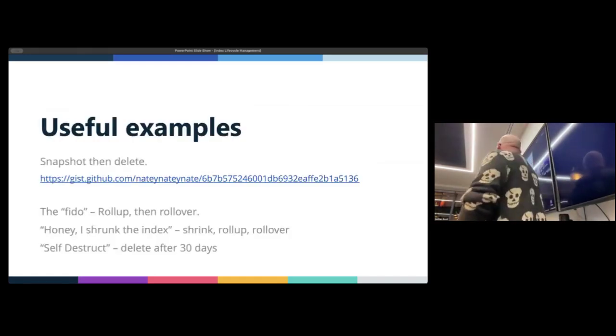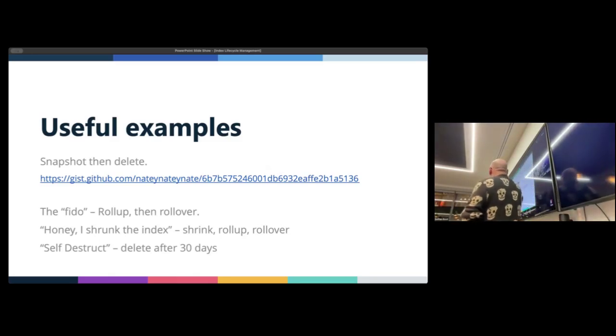So these are my favorite examples. Snapshot, then delete. So when you take a snapshot of an OpenSearch index, you're just taking all that data in the index. Say that you've got a search engine that's got all of your website's content on it, and so you have a search engine that searches through your website. So the index that holds all of your website's textual data, you can just take a snapshot of it and move it somewhere else if you don't need it anymore. So that's a very common one.